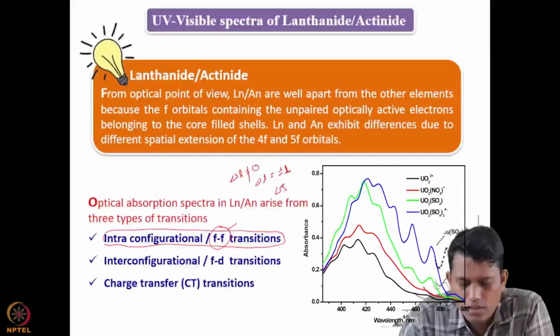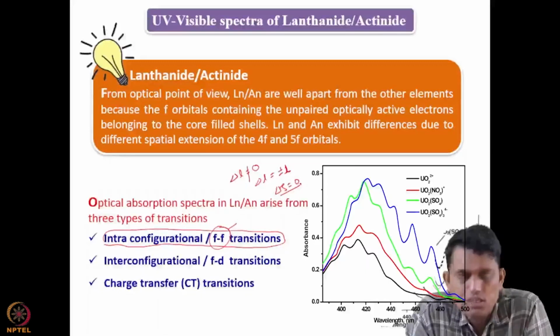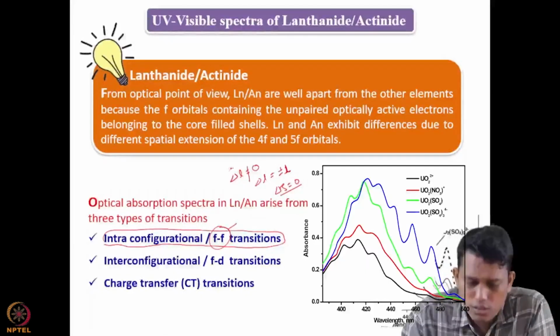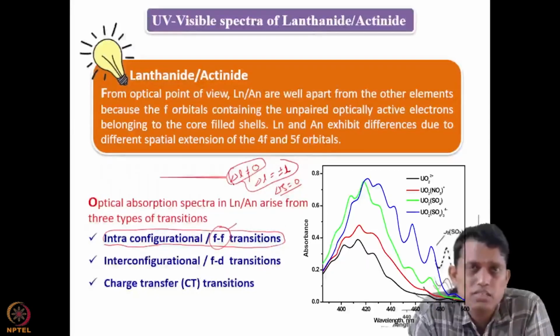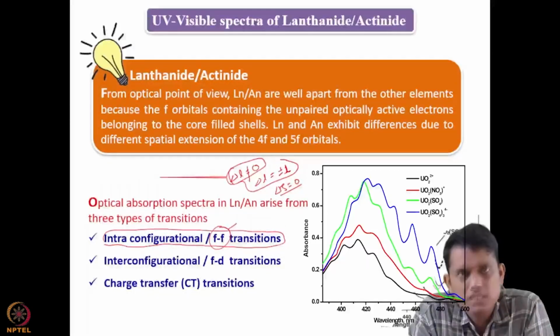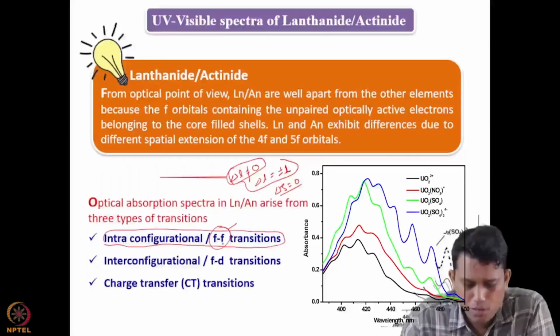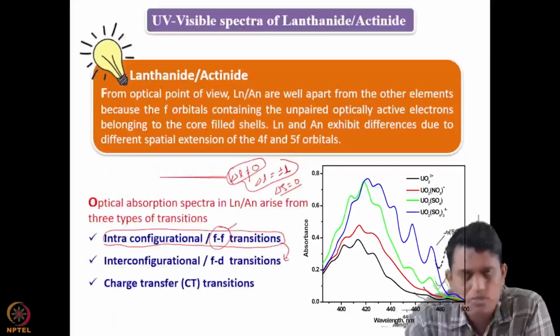Similarly, when you talk about this, the total change in the spin multiplicity should be 0. So this rule is not followed here because your transition is between F and F. But still we see some transition. We'll see why. And then intra-configuration transitions, compared to this transition, it is more favorable because it is Laporte